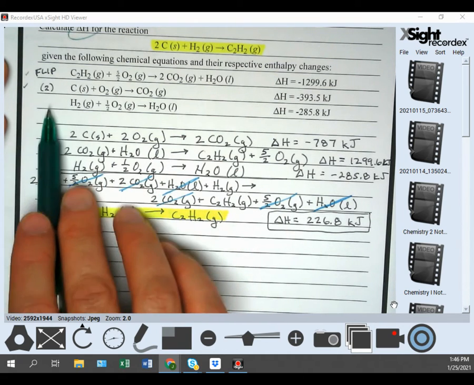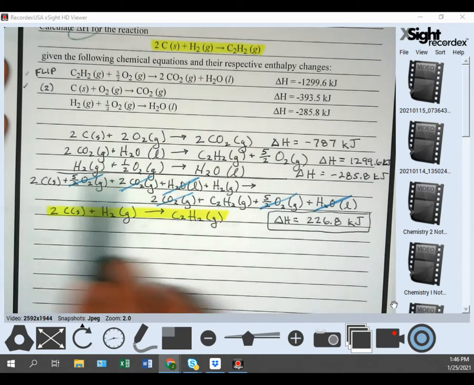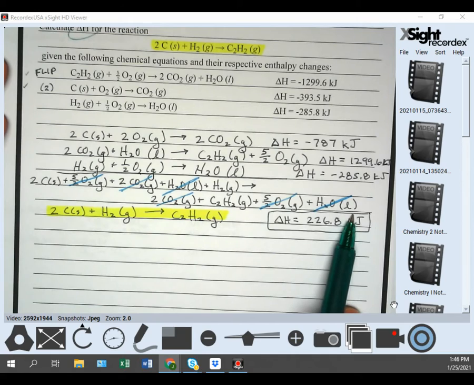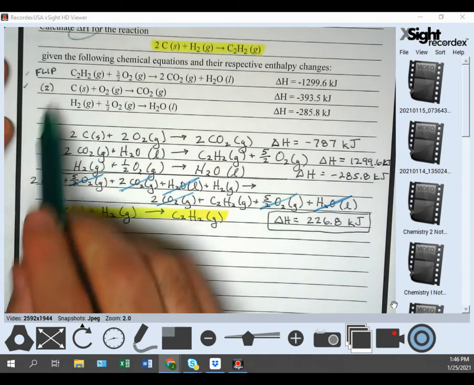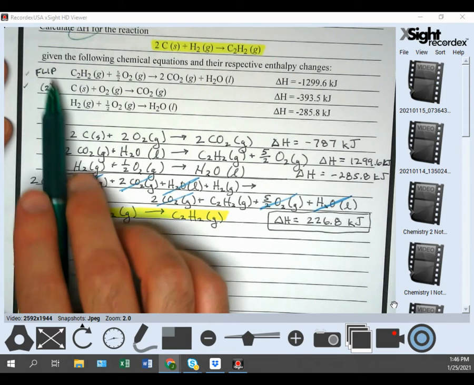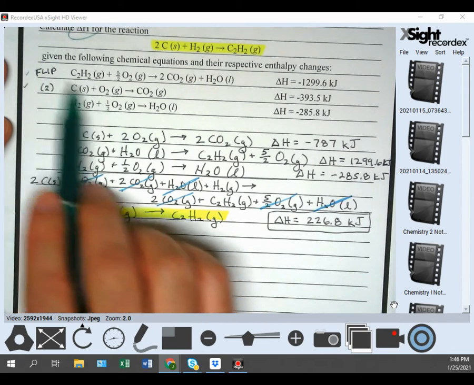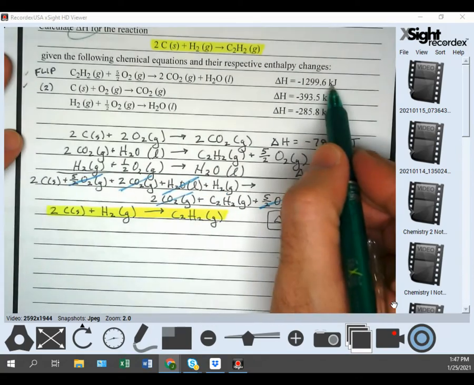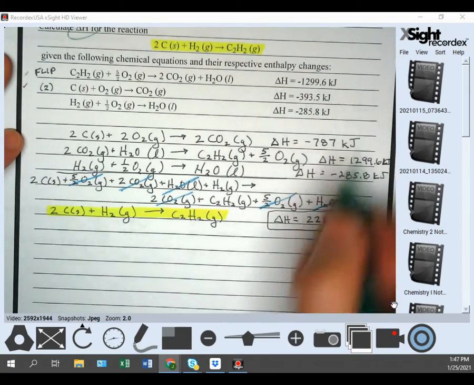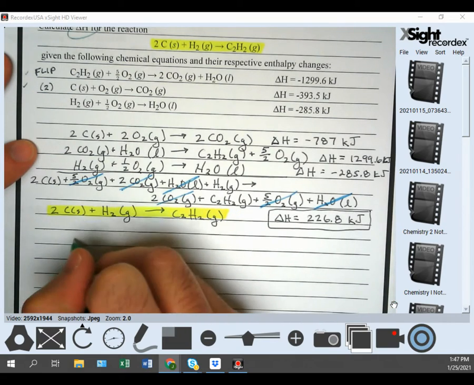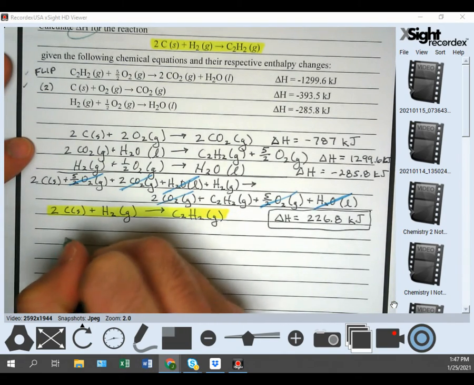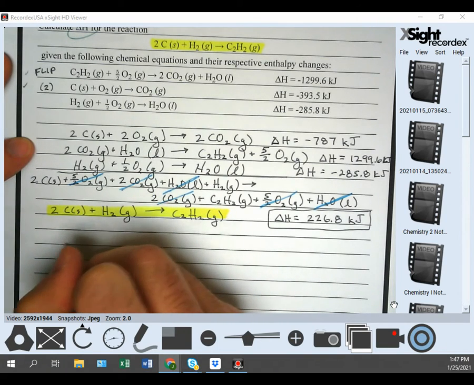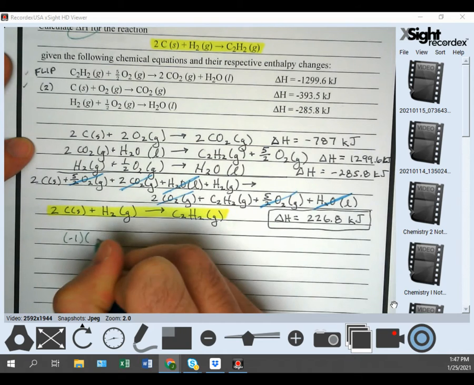So if we figure that out, we actually don't have to do all of this, like adding it all together and then canceling out, as long as you're careful and you know that you did the right things to the equation. Okay? Then all you have to do, once you've determined you flip, times 2 like this, is you just do that to each one. So the top one, my delta H. So delta H for the first one is going to be flipped. So I take -1 times